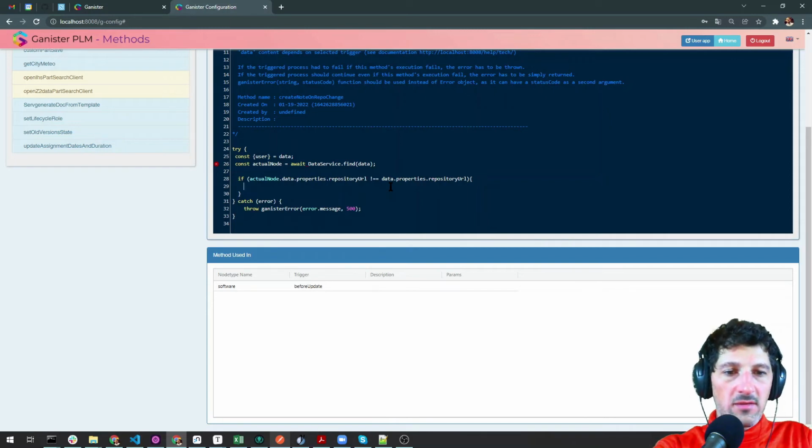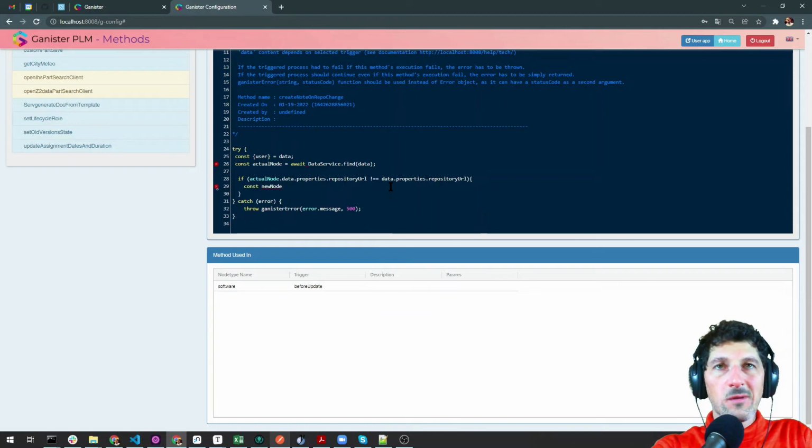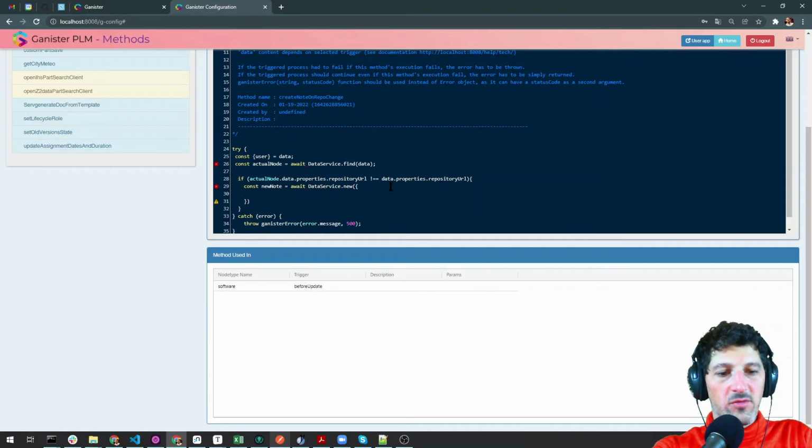So to create a new node, we will say const new node equals await data service dot new, and then we need to provide the type, which is a note,